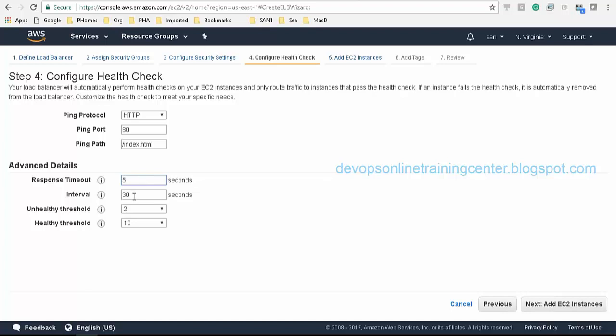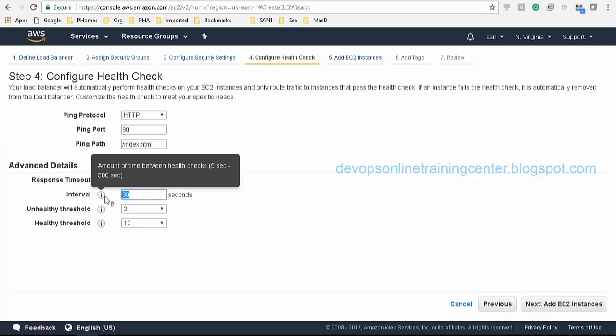The interval is the time between successive requests from the load balancer to the application. Before declaring it as down, it waits for 5 seconds, and the next request will be after 30 seconds.